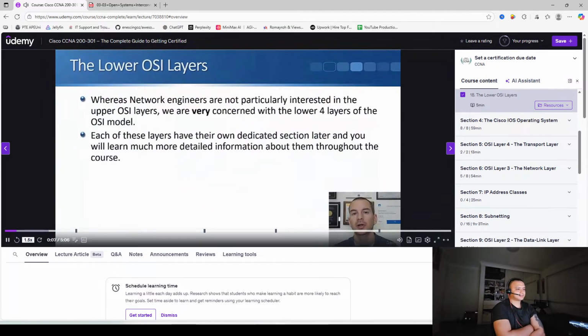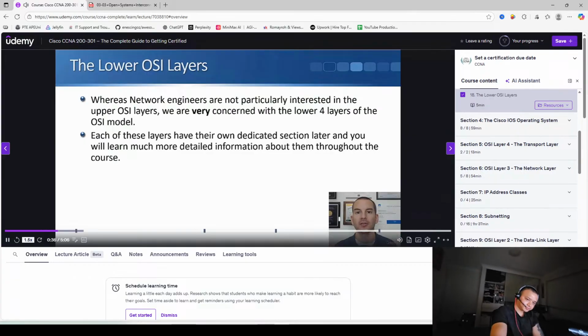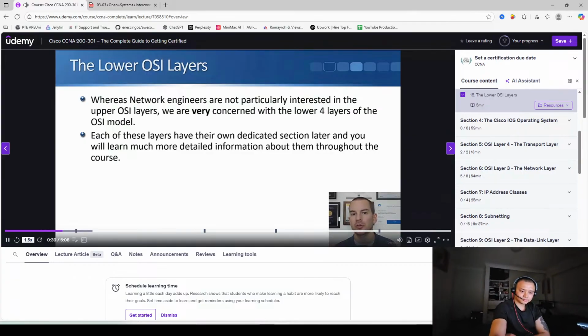In this lecture, you'll learn about the bottom 4 OSI layers. Where network engineers are not typically very concerned with the top 3 layers, we are very concerned with the bottom 4 layers. This is really bread and butter stuff for us. Each of these bottom 4 layers are so important that they're going to have their own dedicated section later on in the course. Here, I'm going to focus on giving you the definitions, which you're going to need to know